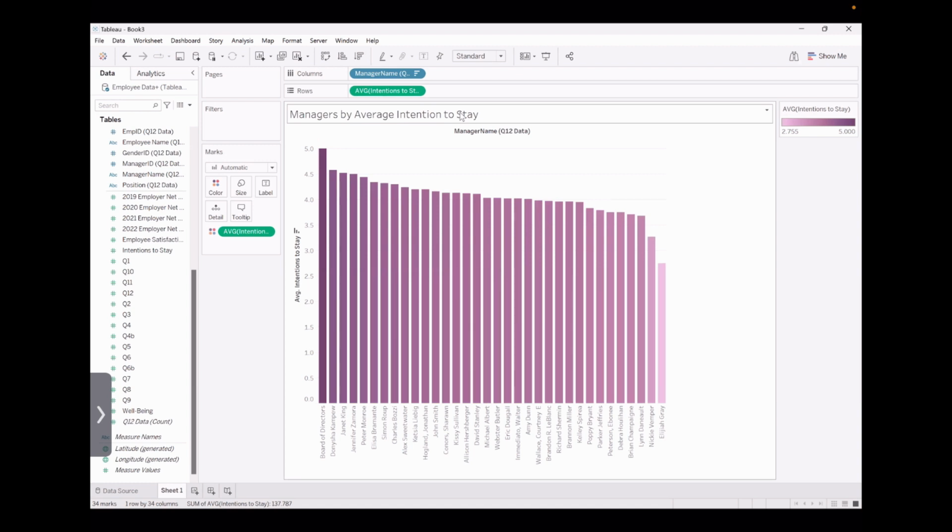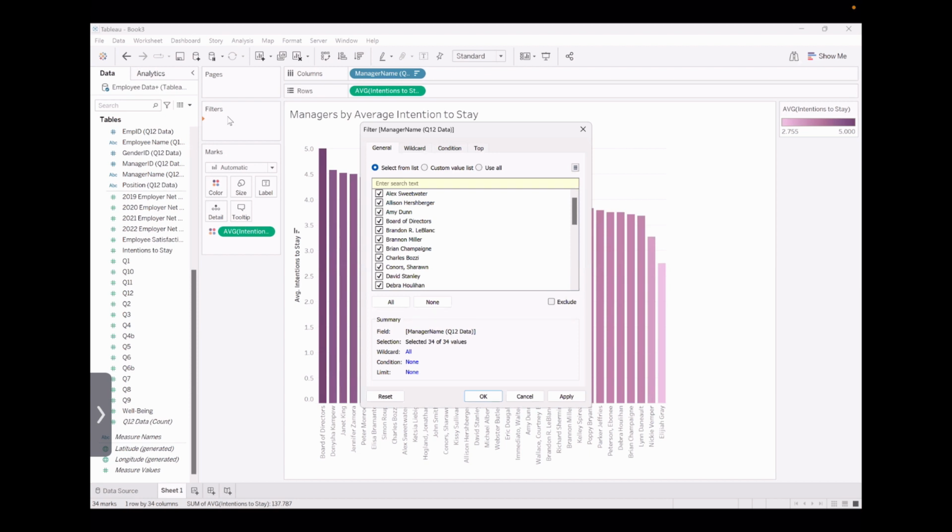Next, we want to filter through some of the data that we have. We have a lot of names, so I'm going to go ahead and filter our manager name. I'm going to go ahead and drag the manager name into our filters, and it's going to pop up this text box. So in the text box, it's going to automatically have all of them selected, so we can go ahead and switch that to none, and then we can go ahead and select which names you want to include